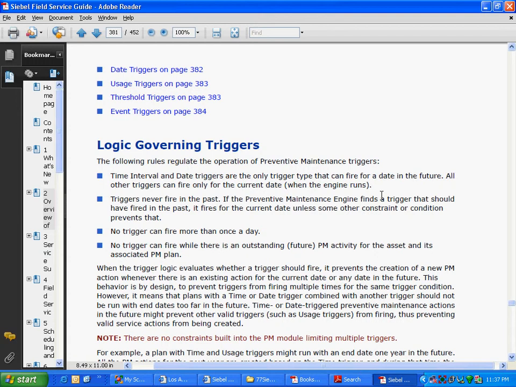I don't know, if the engine light goes up in the car, what will happen? Can't we create a future service request? No, we never know when it will go up. But in case of time, we do. Yeah, but this has to get created immediately, nobody can attend to it, right? So it can be future, right? I don't know.